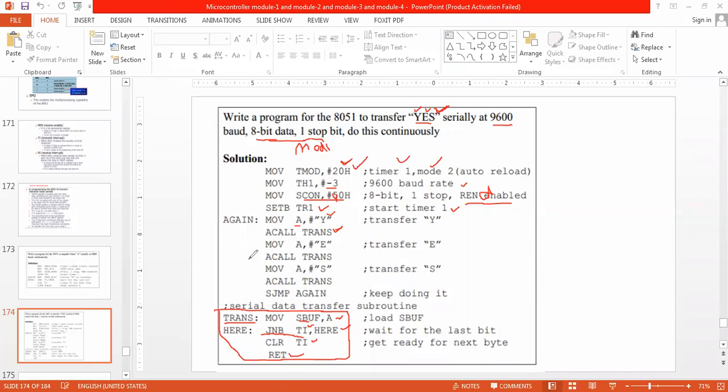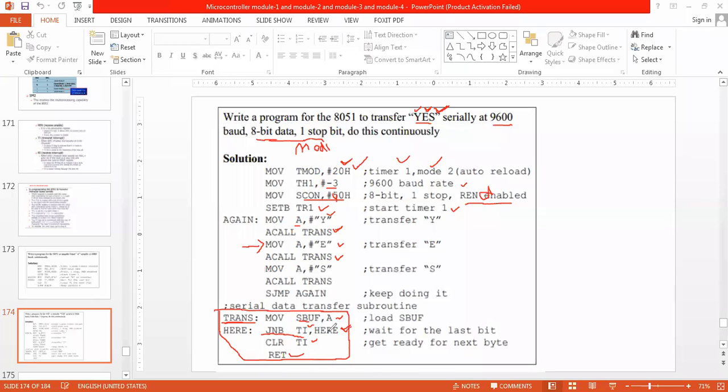Then when it is equal to 1, clear it and return back. Where will I return? To this point. Now load E into A, the second data, and call trans again. So I come here. A is having E, and E is stored into SBUF and transmitted to the external device.